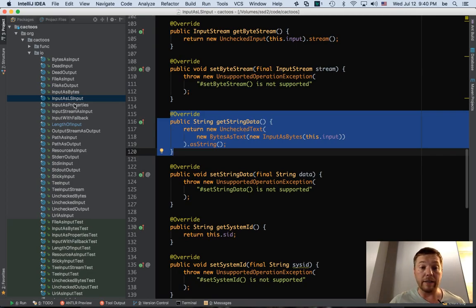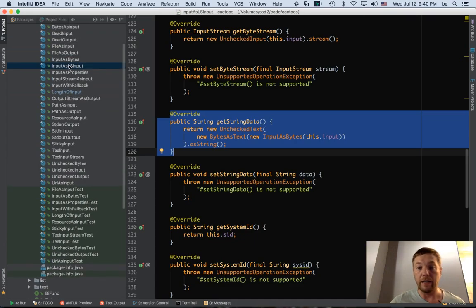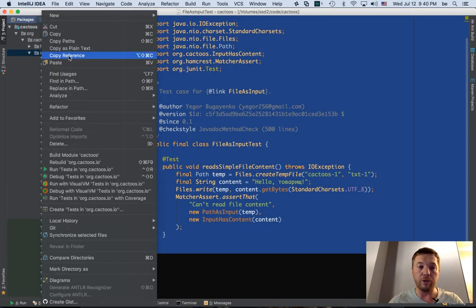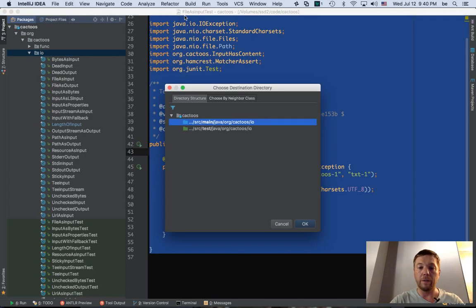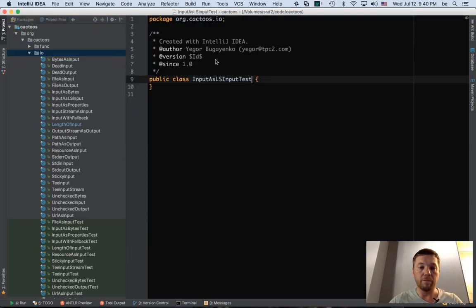And let's see, do we have a unit test for it? Again, we're not going to debug it. We're going to look at the unit test and see whether the unit test actually tests that thing. And it doesn't. We don't have a unit test at all for this class, and that's a problem. So in order to fix that problem, we need to create a unit test for it. Again, we're not debugging. We're making a new unit test, and we call it InputSLSInputTest.